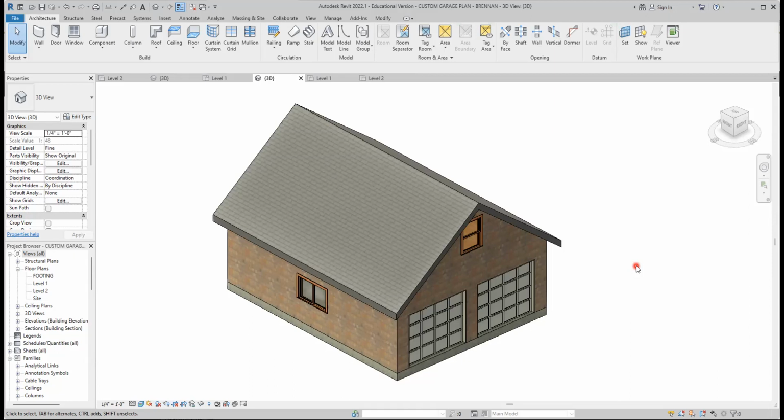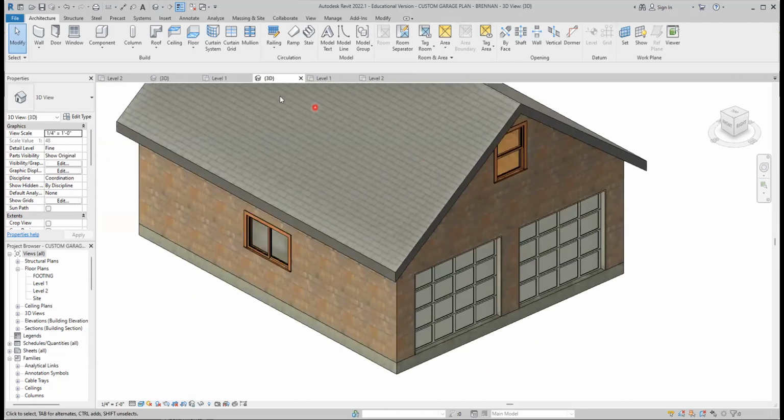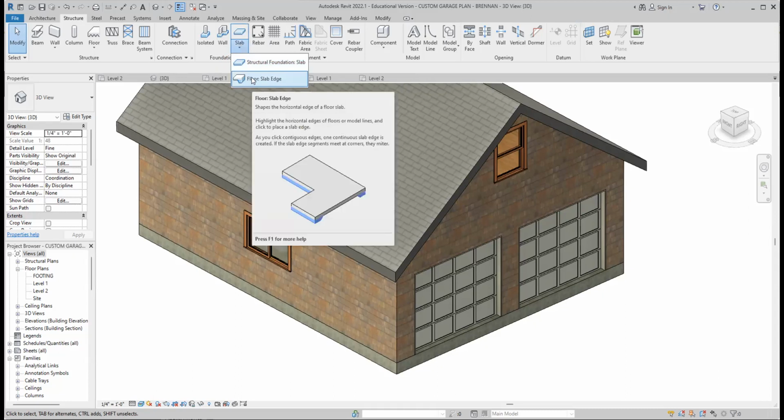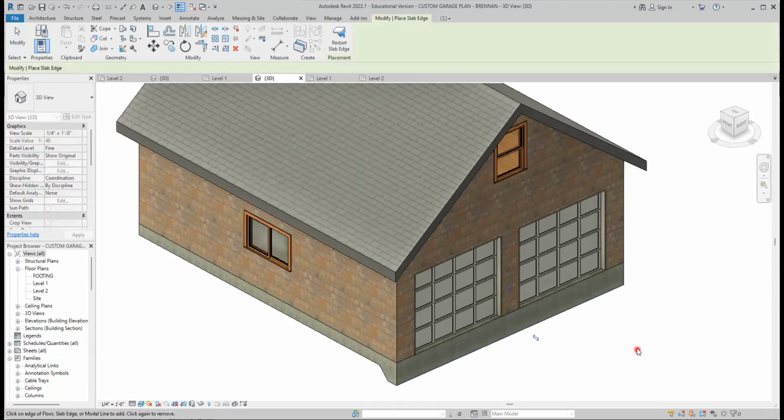It actually goes in really easy. So watch this. This is kind of cool. So to put in the slab edge, I'm going to leave it in this 3D view. I'm going to zoom in a little bit, and I'm going to go over here to structure, which is right here. Go to the structure tab. I'm going to go to this drop down here, slab, and I'm going to choose slab edge right here. So I go to slab edge. Now watch this. This is kind of cool here. I'm going to touch this right here, and boom,